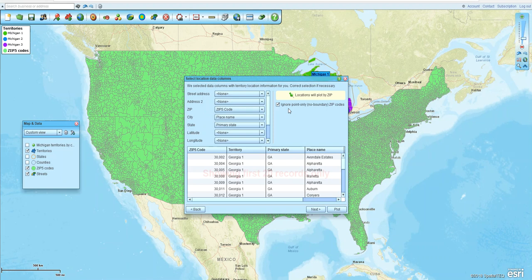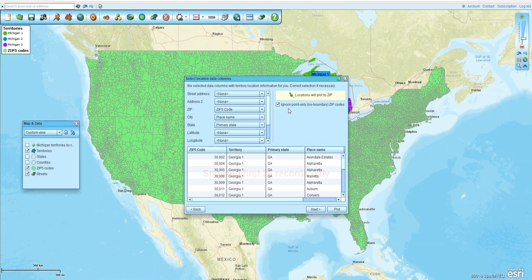So if it's an airport or a university, something like that, a government building, this single building might receive a ton of mail, but it's not defined by a border. A lot of times, it's up to the user to decide whether or not they want to include those point boundaries in their territory map. All the program really cares about is the boundary zip codes because it needs to find those shapes and fill them in with colors. So it's up to you whether or not you want to ignore the point-only zip codes